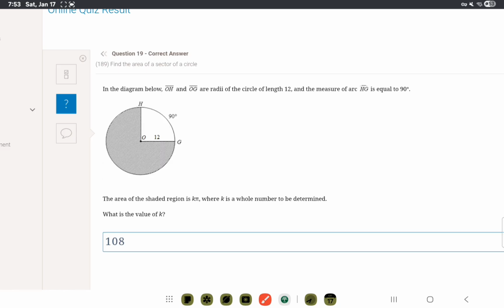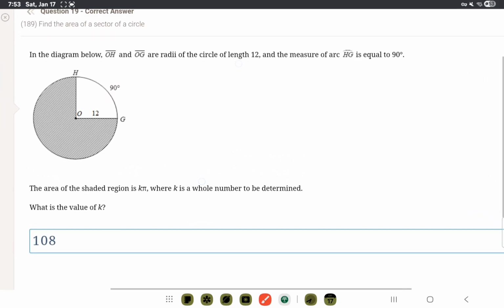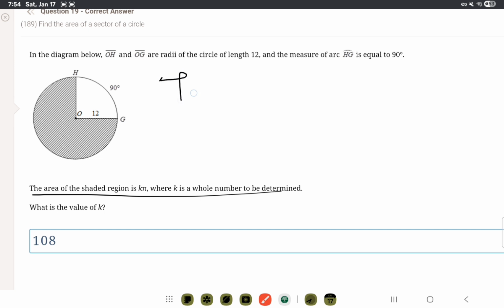Let's do this. Okay, we want to find the area of the total shaded region. So we do total minus unshaded. What's our total area? We're just going to do pi r squared,